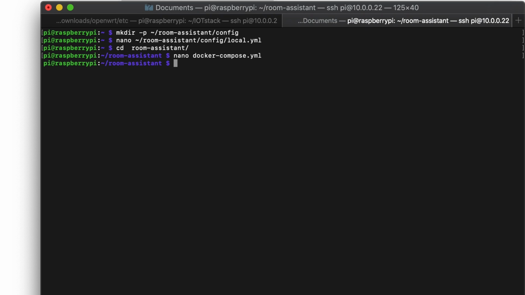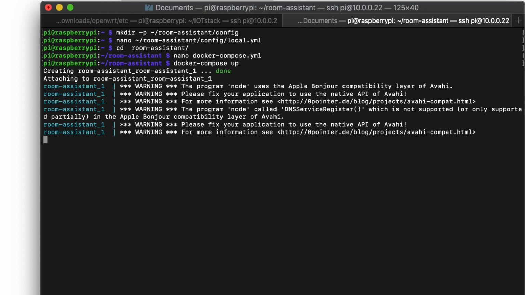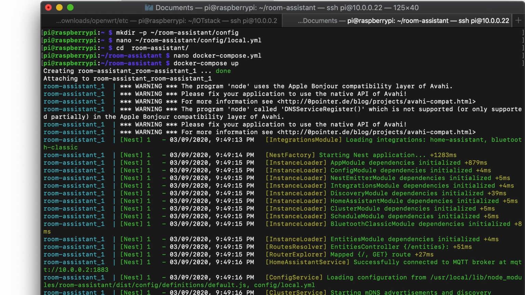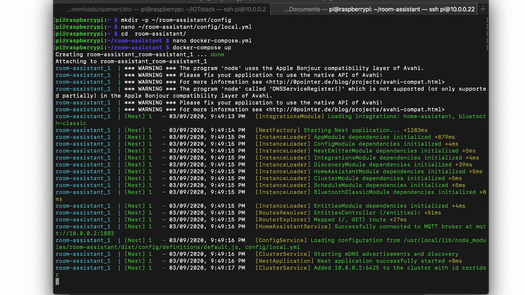I'll save the file and I'll issue the following command. docker compose up -d will start this as a daemon, but I will not use it for now. This command will actually download the Room Assistant image. I already have the image, so in my case it's faster than the initial setup, and will start a Room Assistant container.